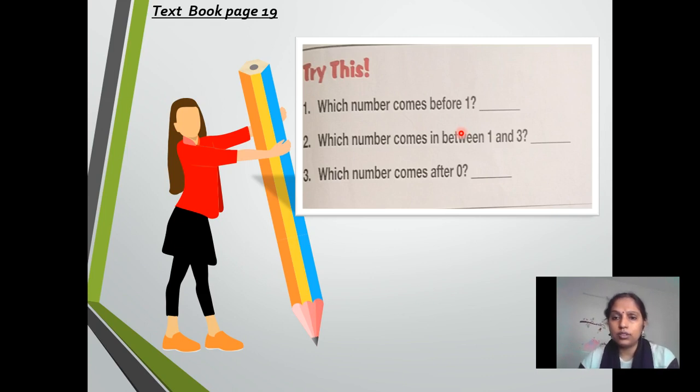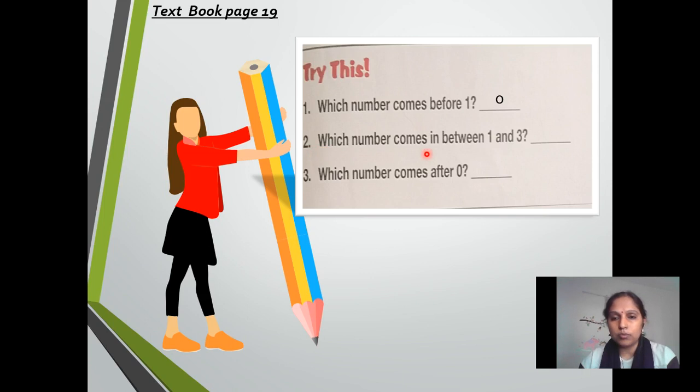What number? Yes, pretty easy, right? The number that comes before 1 is 0. Now question number 2. Write down 0 there in the dash. Okay, question number 2, read with me.